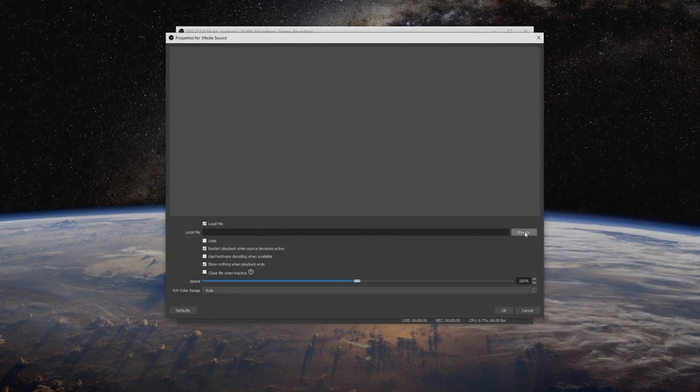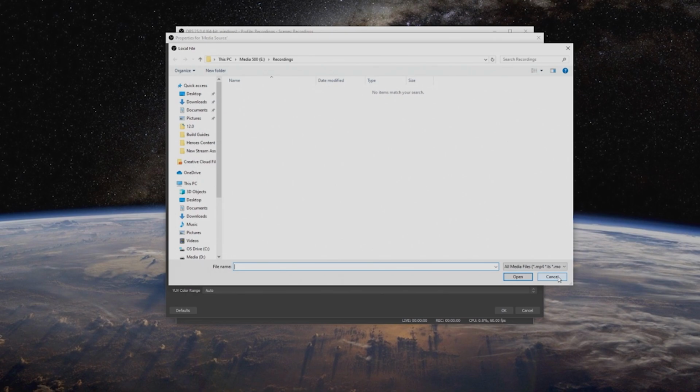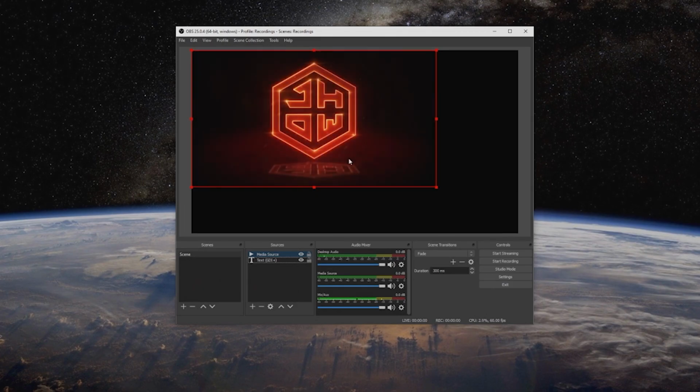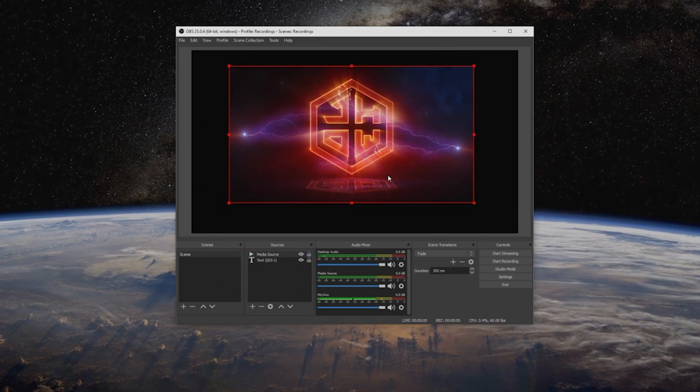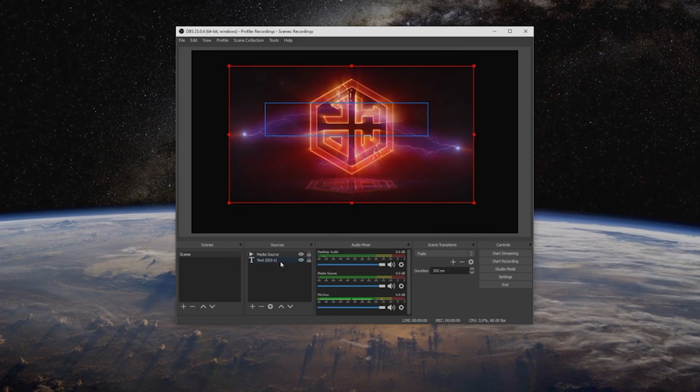I can then browse, find a folder, and find something that I want to add in here. I can go to my pictures, my documents, my videos, whatever it is. And so whenever I load that file, it's going to showcase what I have on screen. So what I've selected is simply a transition that I have for another stream. I can make this visible, I can make this invisible, but as you can see, if I want a layer